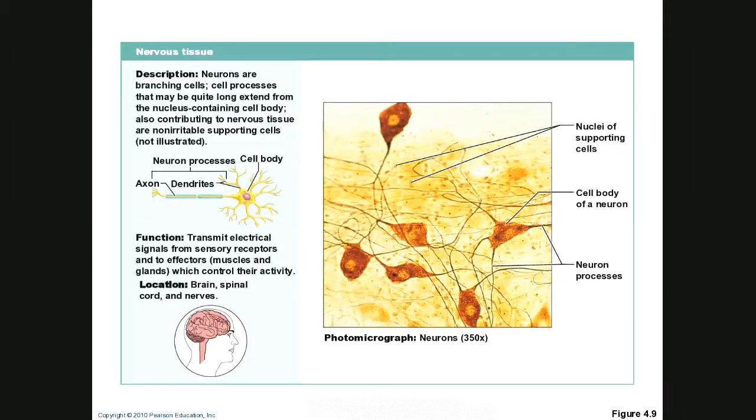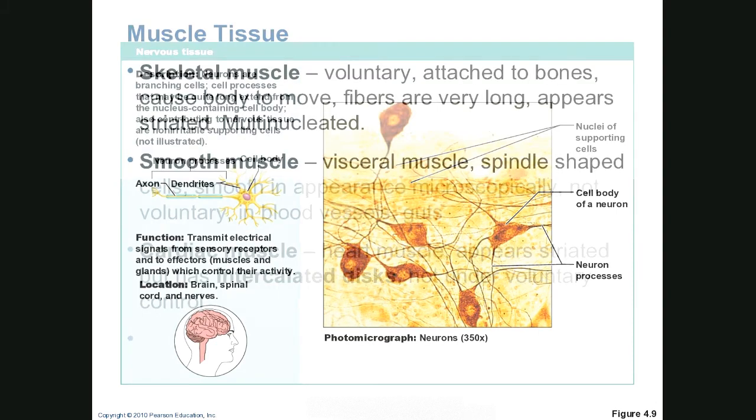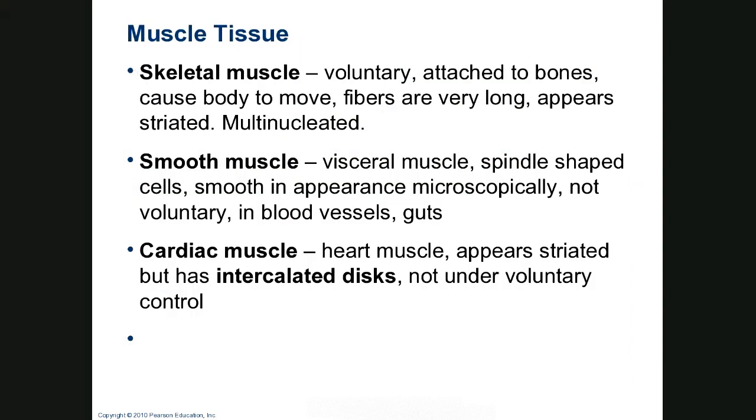This is a picture of neurons, and you can see this is the cell body here. This is the cell body, dendrites coming in, axon, and here at the end is where your neurotransmitter is released. Okay, muscle tissue, and we'll talk about this over and over. People say, we talked about that already, but